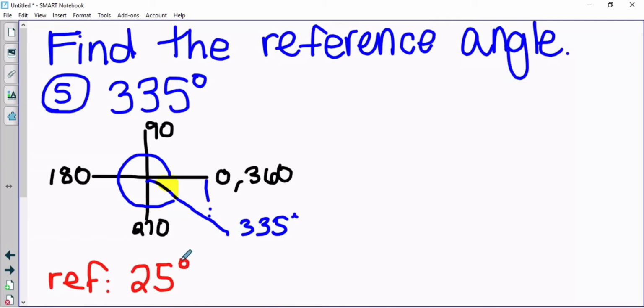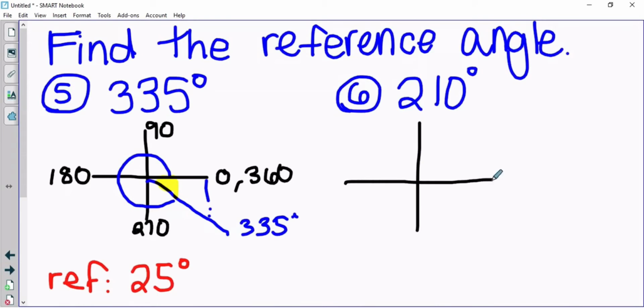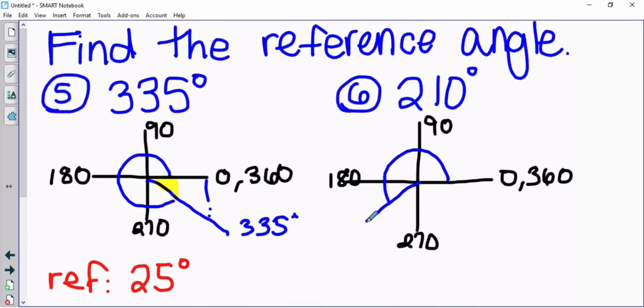Okay, let's try one more in degrees. Let's try 210 degrees. So we set up our XY axis. Here's 0, here's 180. And as you get better at these, you don't need to label all of these things that I'm labeling in black right now if you can just figure out where you're at. Since we're just starting out, I'm going to label them. So I'm going to start at the positive x-axis, past 90, past 180,